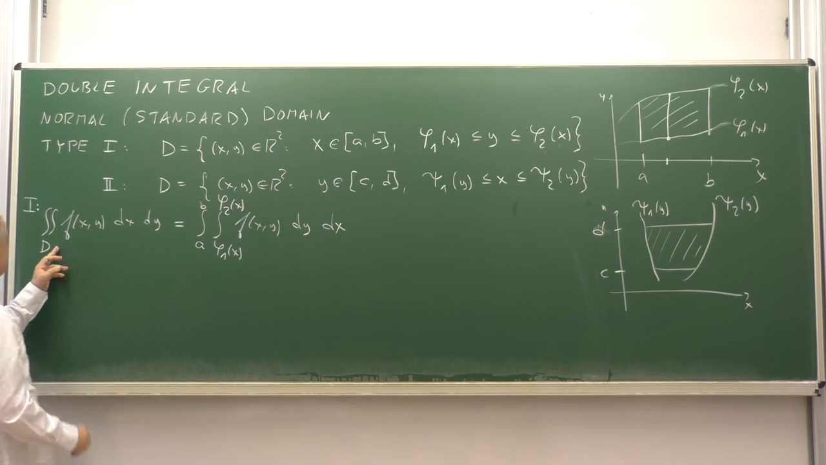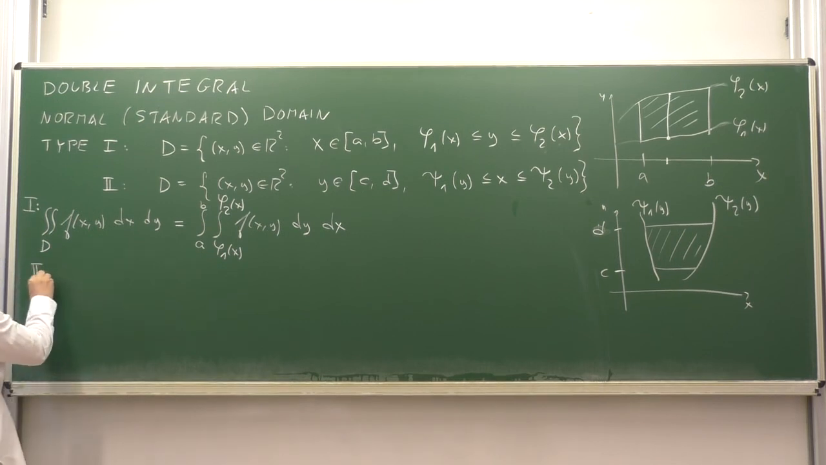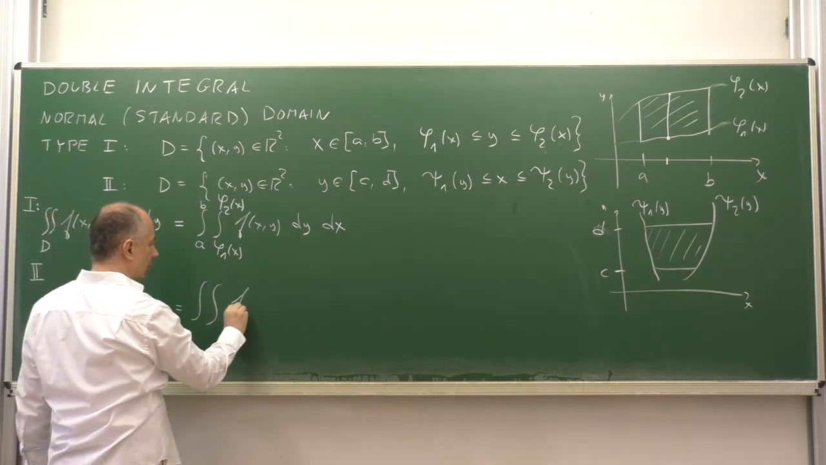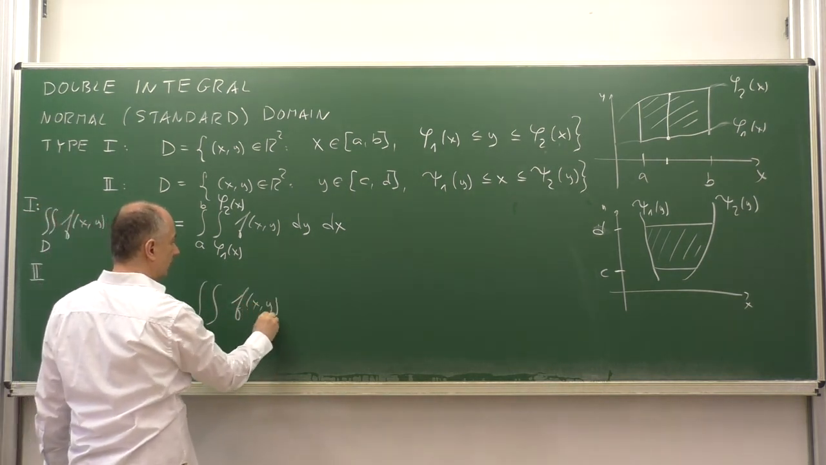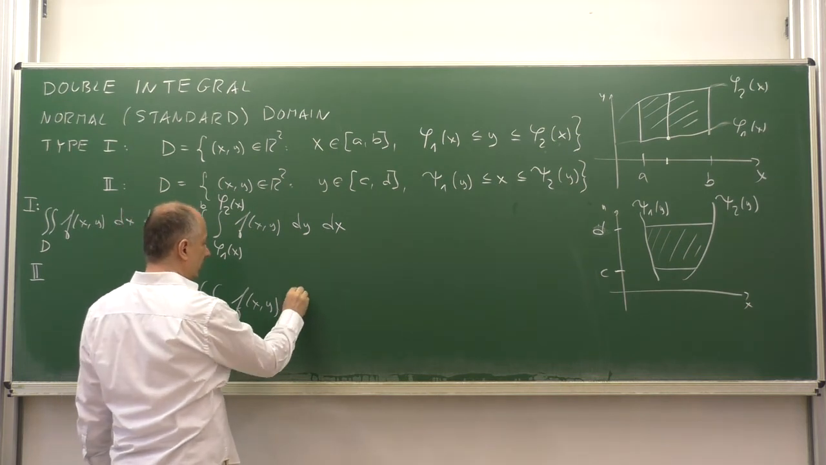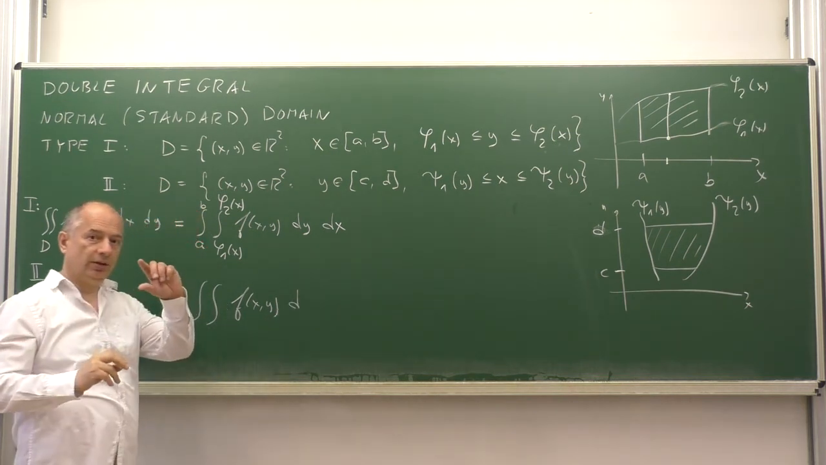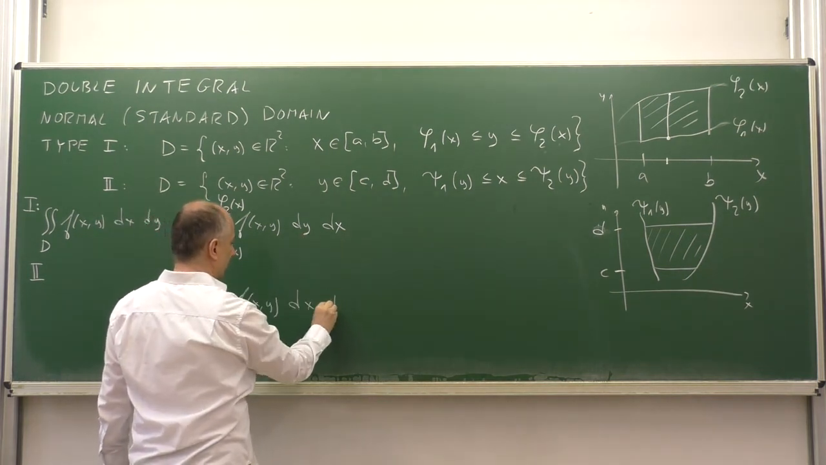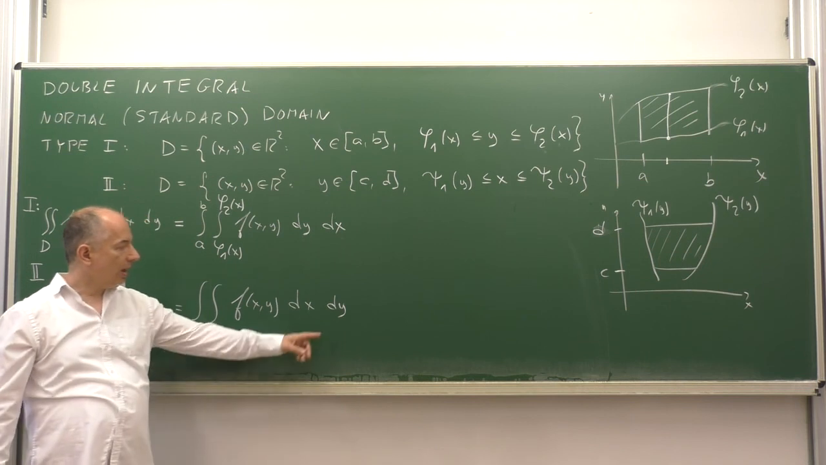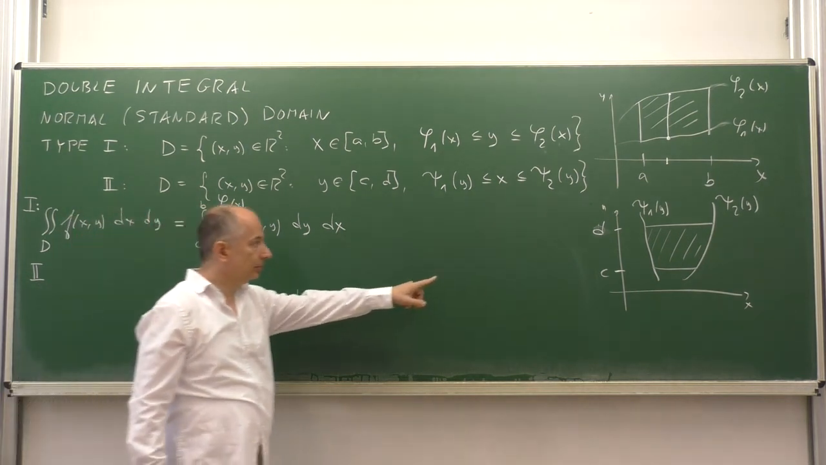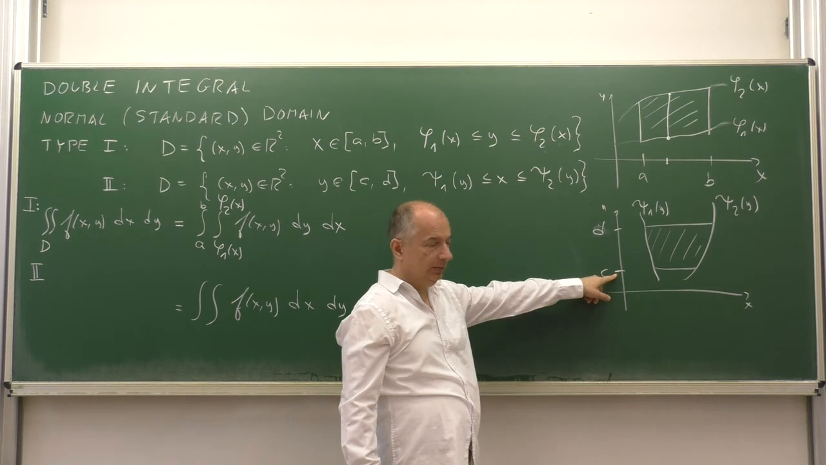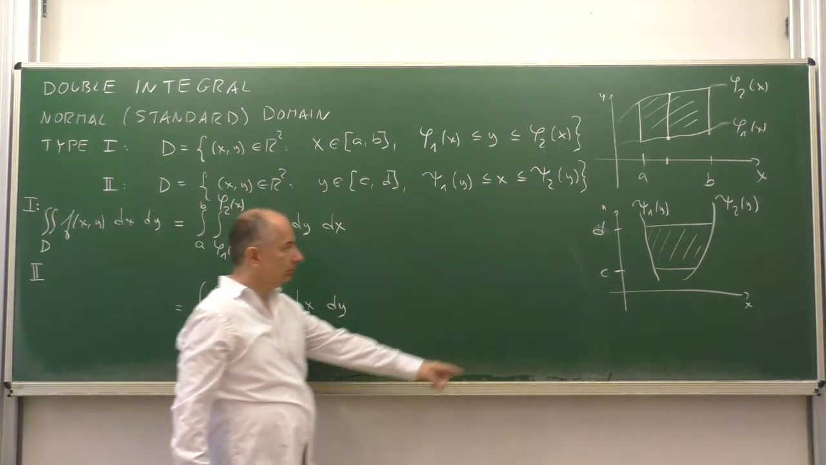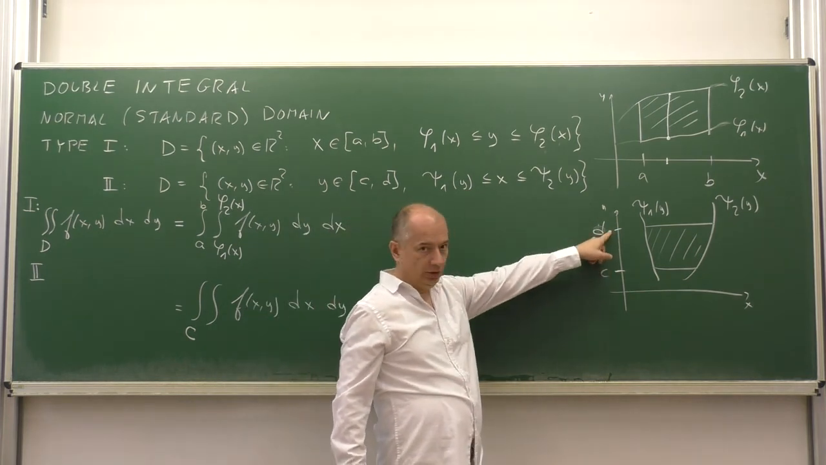And if the integration domain is of the second type, then the integral of this function can be written as these two integrals. And now we integrate in the reverse order. Not dy dx, but dx dy. And y runs from c up to d,